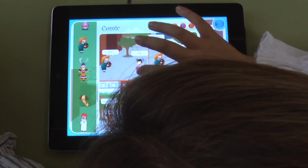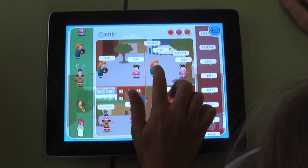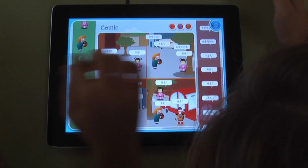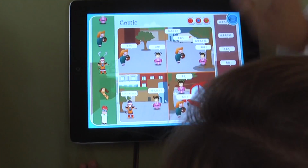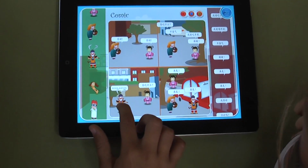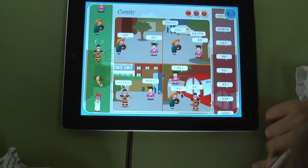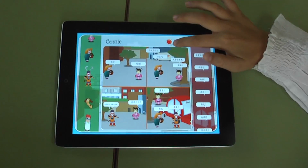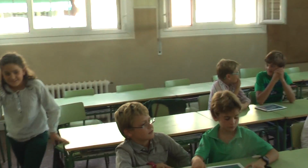你好，你好，你吃什么？我爱吃苹果，谢谢。不客气。你吃什么？我吃米饭，我爱吃米饭。再见，再见，再见。